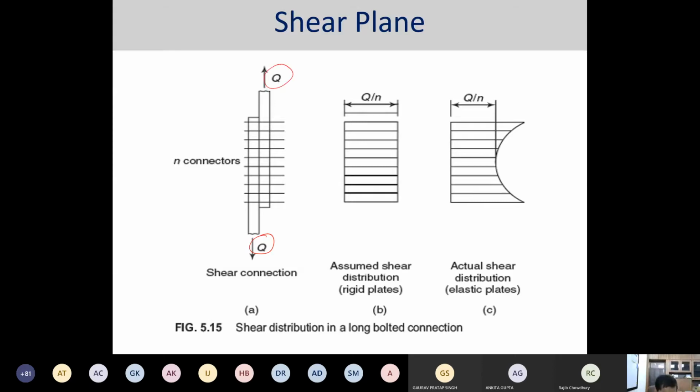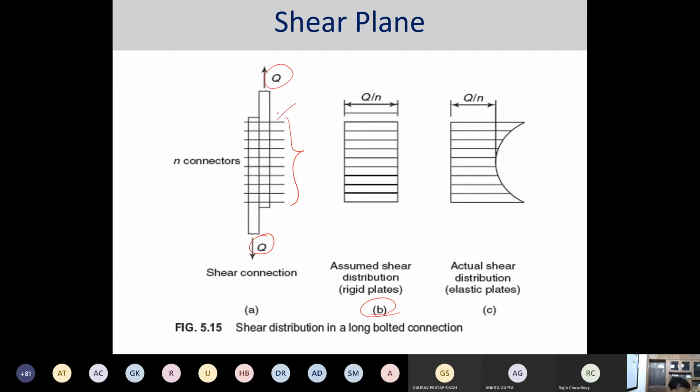So in general, in practice, there would be a number of bolts jointed together. Generally it is assumed that equal size bolts share almost equally in transferring the external forces, as shown in this particular figure B. And if there is a long joint, for example like this, with too many bolts attached together to make the entire connection, then what happens?